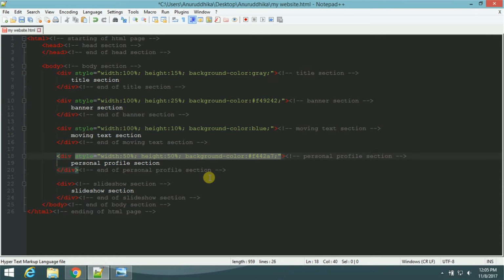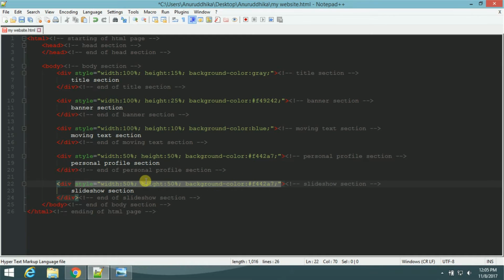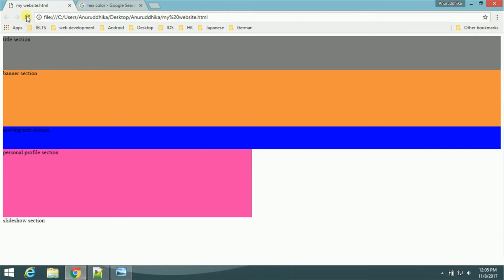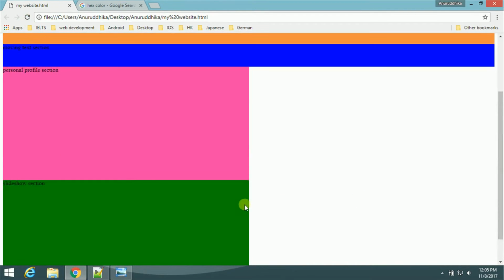So let's give 50, and the last section actually need this, and okay, I think width and height are okay. Background color we have to use green. Okay, save and run. I think this section is supposed to be here, but it's right under our personal profile